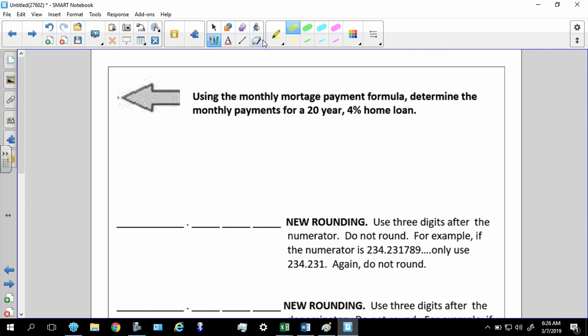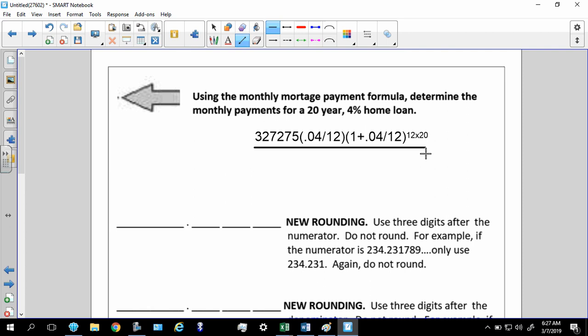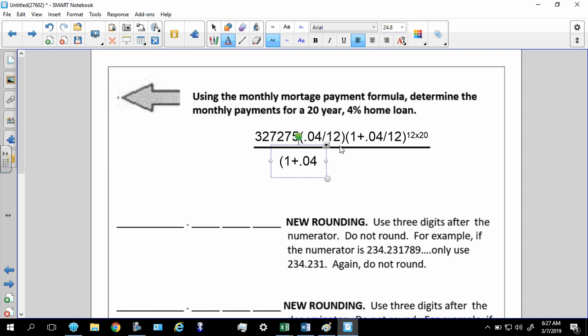Using the monthly mortgage formula, we've already done that with a car, so we're going to do it here too. So it's $327,275 times, parenthesis, 0.04 divided by 12, close parenthesis, open it again, 1 plus 0.04 divided by 12, close parenthesis, raised to the power of 12 times 20. That's my numerator. And my denominator will be, parenthesis, 1 plus 0.04 divided by 12, close parenthesis, raised to the power of 12 times 20